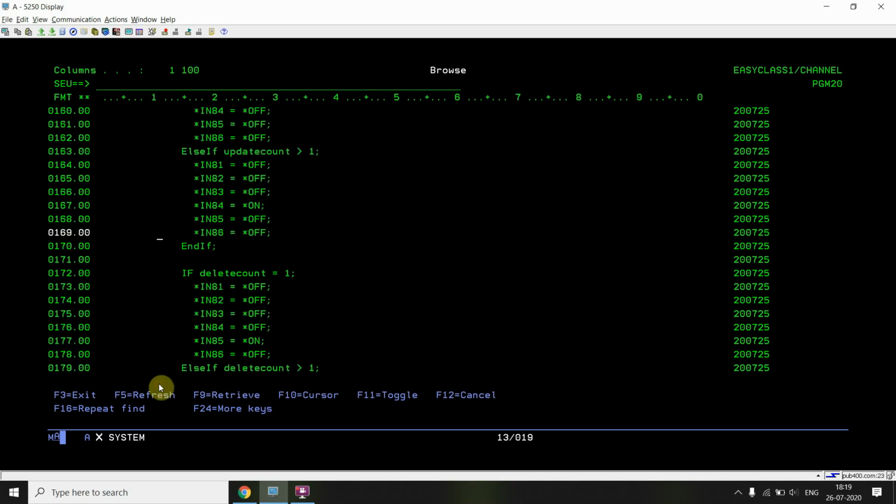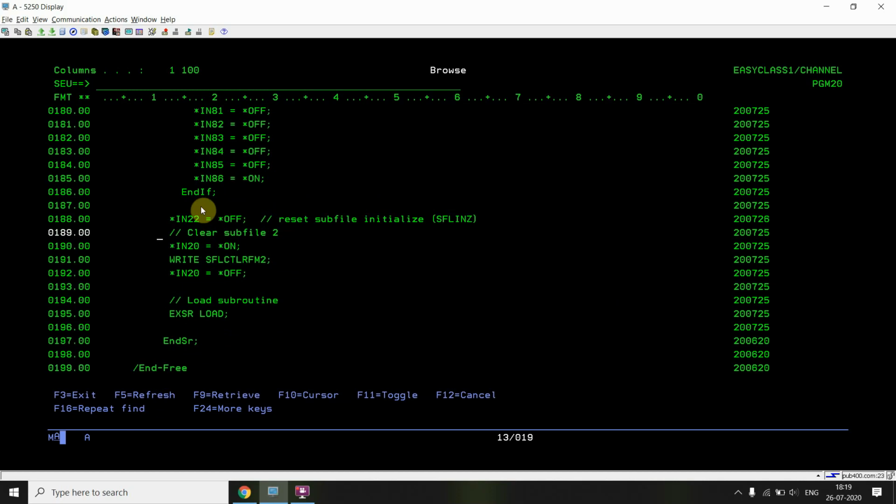Here now I have to load the record. So before loading the record, for example, if some records are already loaded, then what I'll be doing is, in this case, the first time, all the records are initialized. Okay, SFLINZ was on. In case SFLINZ was not on, the records were loaded to the subfile, so I have to clear those records, so that whenever I am writing the records again, loading the subfile again, I won't be getting the